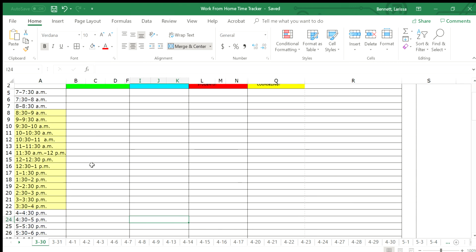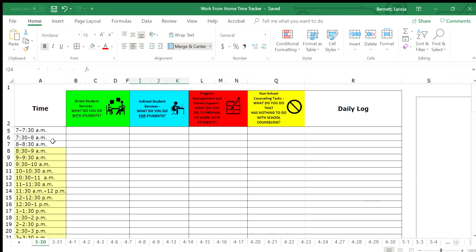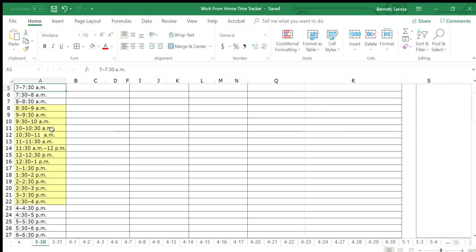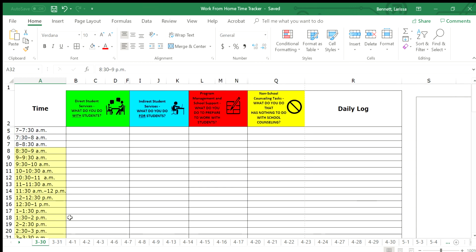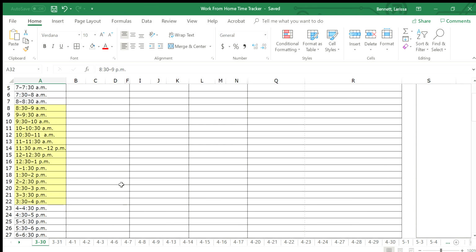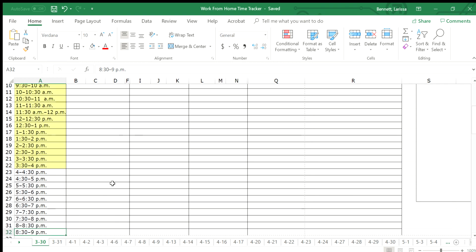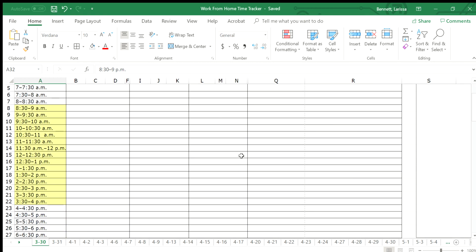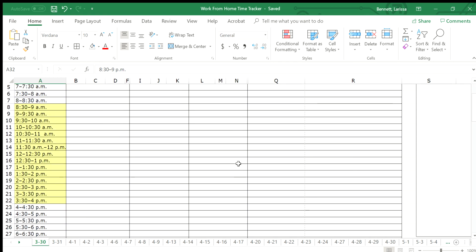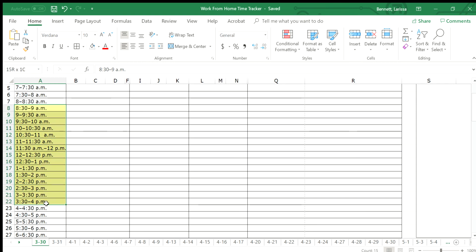So how this works is I've left it with from 7 to 9 p.m. Now do not panic, you are not working those many hours. I know that many of you will be, but we want to track those mandatory 8 hours. I've left them here in case you do want to track if you're working before or after your contracted time. So this time here that's highlighted really doesn't mean that that's your time. You can modify that as you wish.